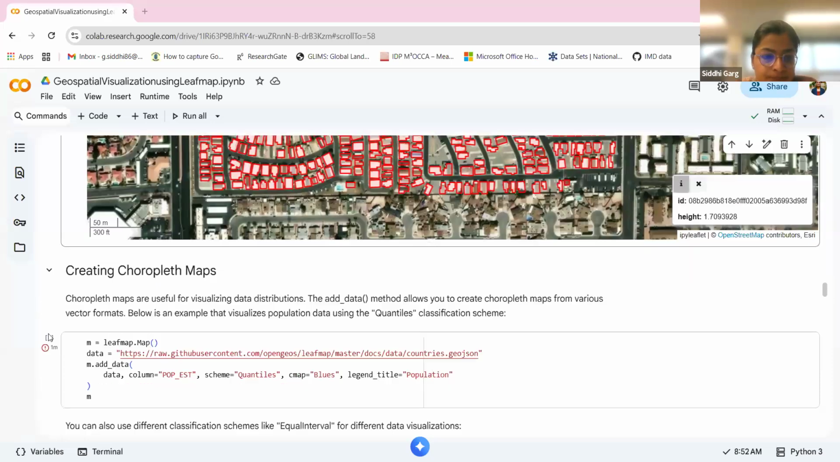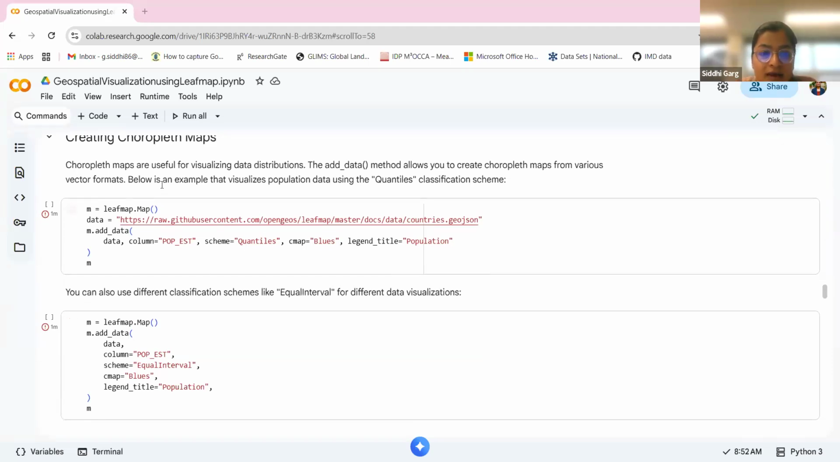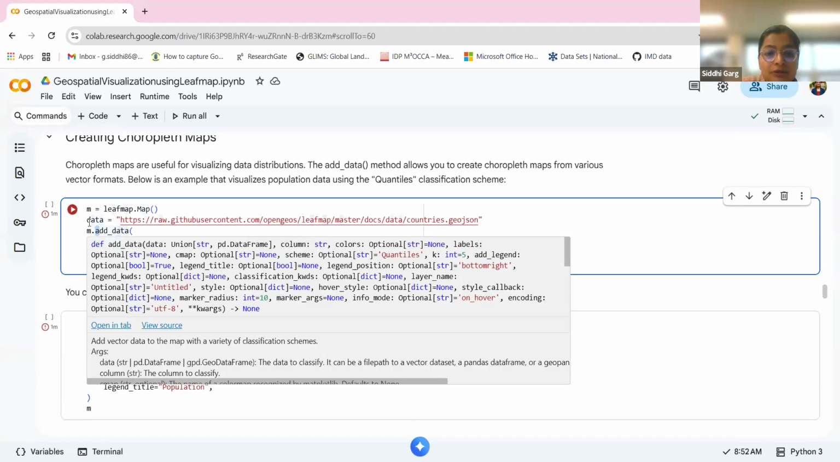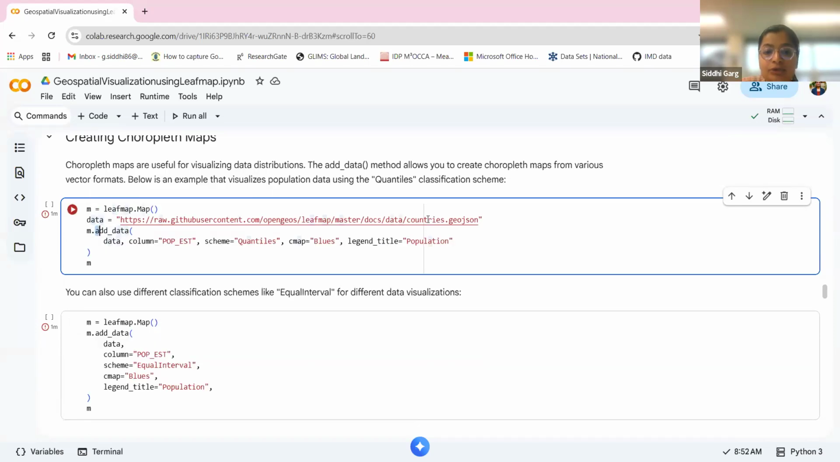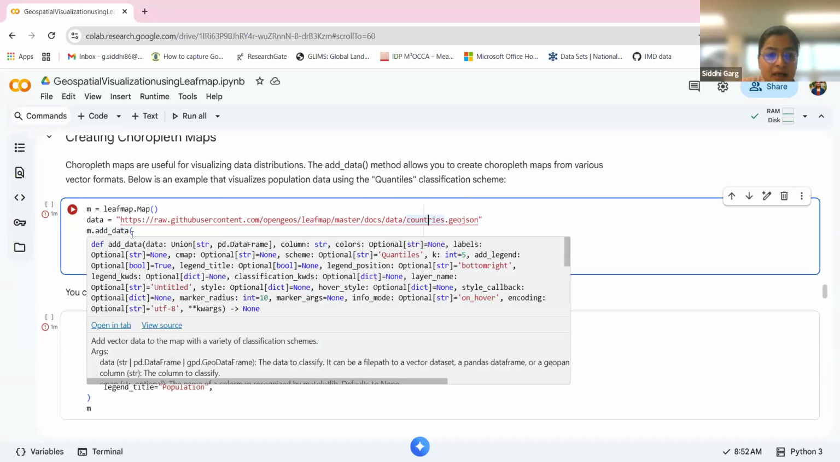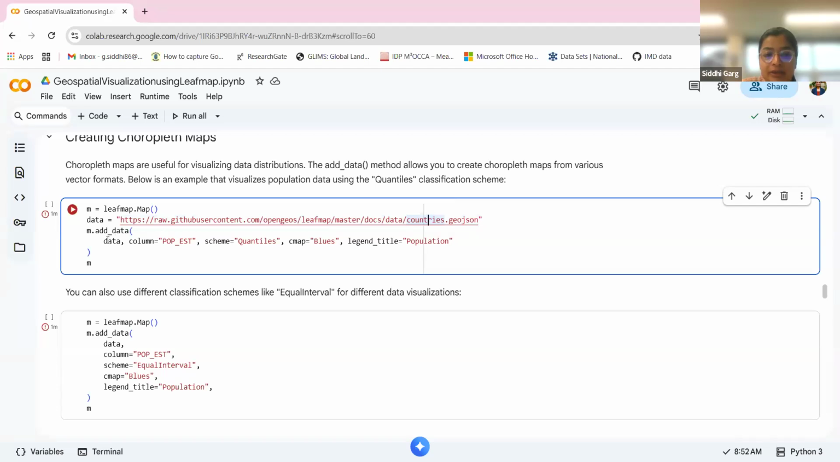So here we have tried to prepare a choropleth map and how you can display it in order to visualize that particular data set. So what you will do is you have specified that you want to display these countries' information that is present in this GeoJSON file, and I would use add_data, and here I will provide the URL for that particular data, and then